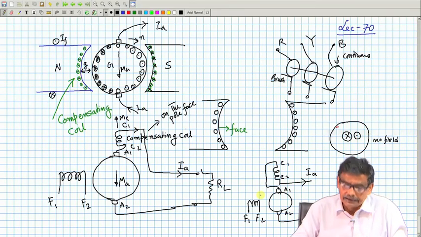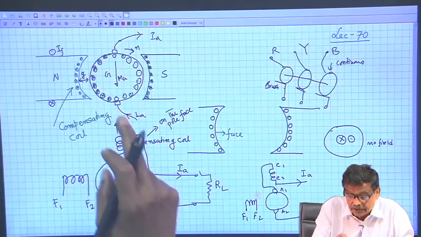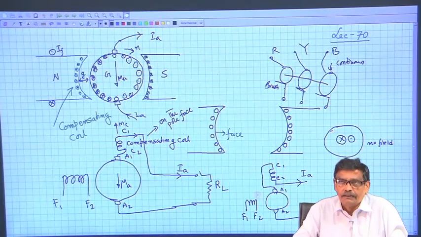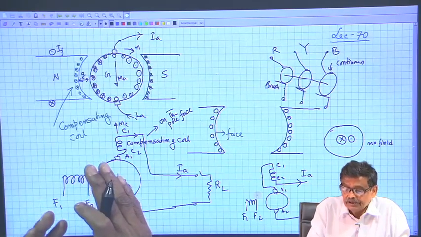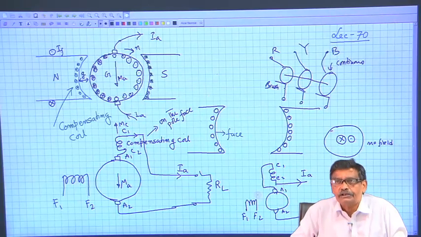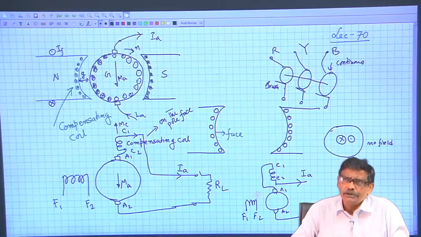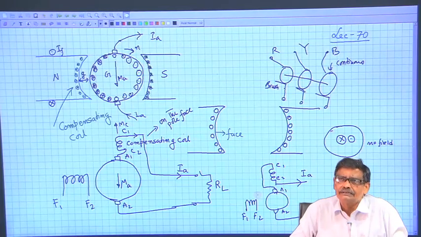Therefore, while connecting the compensating coil, you must properly connect, so that the MMF produced by the compensating coil opposes the MMF produced by the armature coil, and then you get some relief so far as the commutation problem is concerned. Do I get really 100% relief? The answer is may not be,